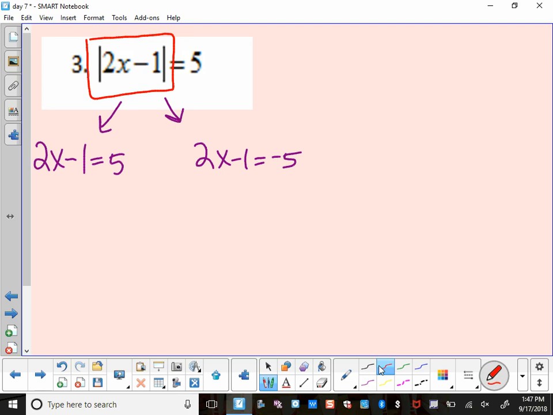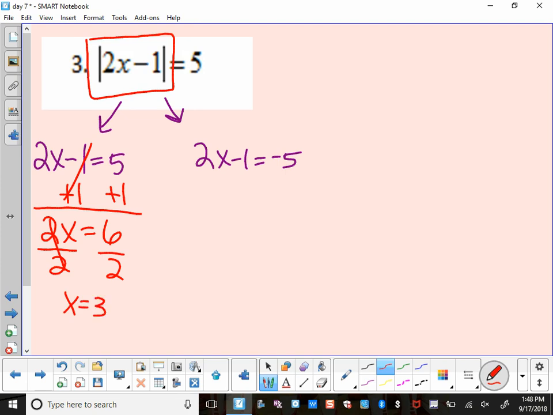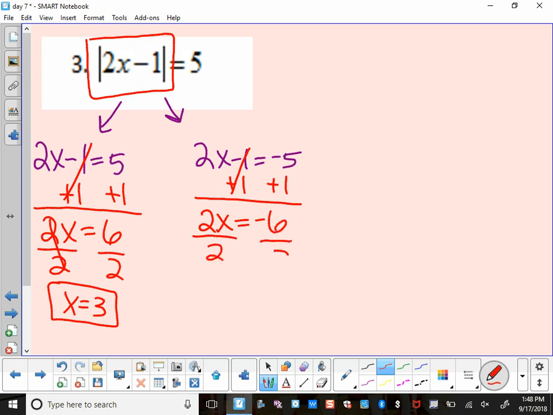All right, so my first equation, 2x minus 1 equals 5, what needs to go first? The negative 1 needs to go first, and we do that by adding 1. So I have 2x equals 6. Divide, and so x equals 3. On my second equation, I add 1. So I have 2x is equal to negative 6. Divide by 2. And x equals